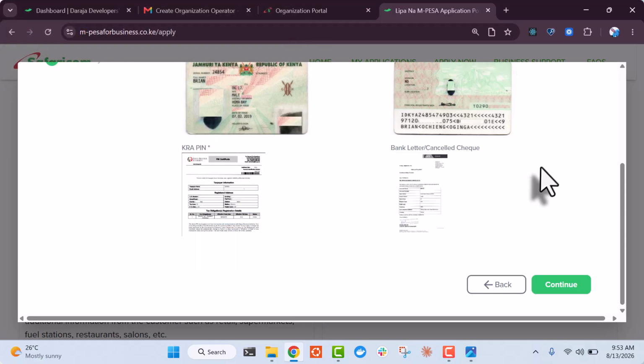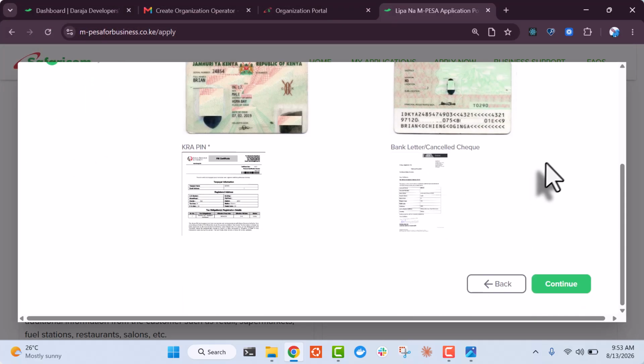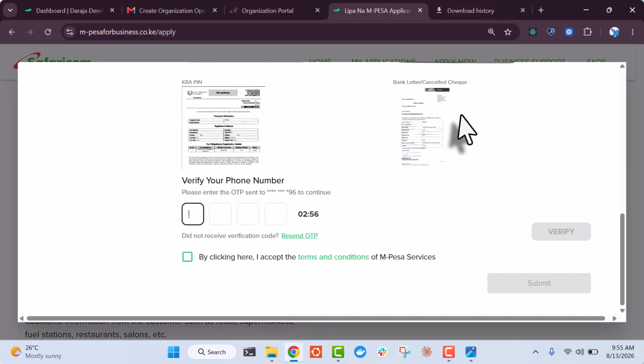So now we have all our documents uploaded. All you need to do is to now just go to the next step. Okay, once you click on next, you will be sent an OTP to verify the application. So I'm going to check on my phone to actually verify the OTP that has been sent. So once you key in the OTP, just click on accept the terms and conditions, then you verify and submit. So that is how you apply for a till number online if you don't want to visit any of the